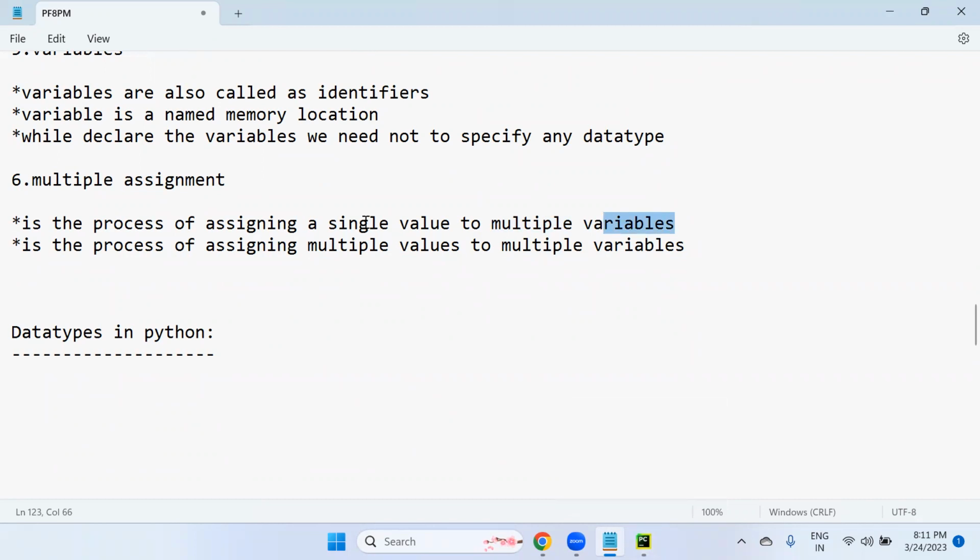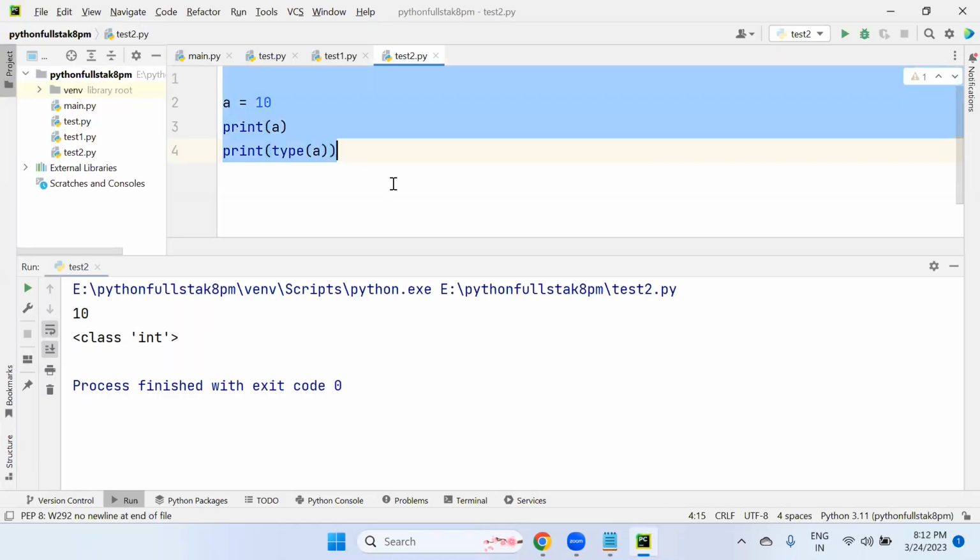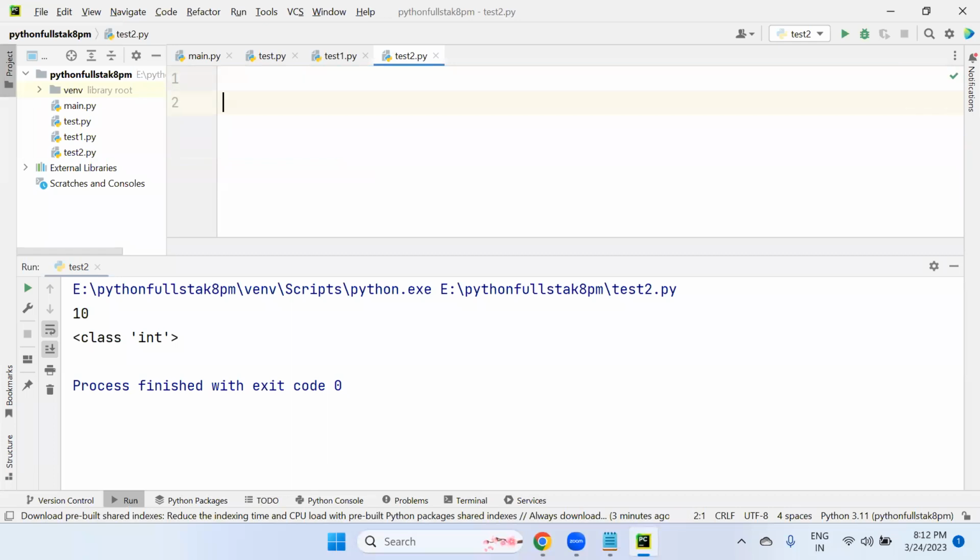So first let's go with a single value to multiple variables. How do we assign? A equals B equals C equals 10. Look at this. The right hand side is the value. This value is directly assigned to 3 variables at a time.